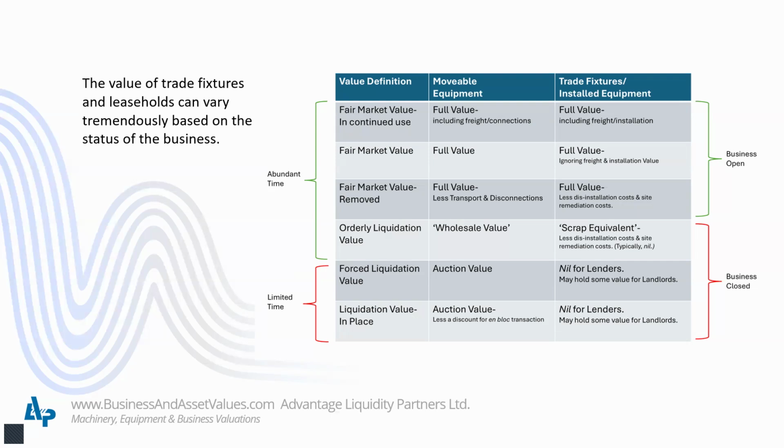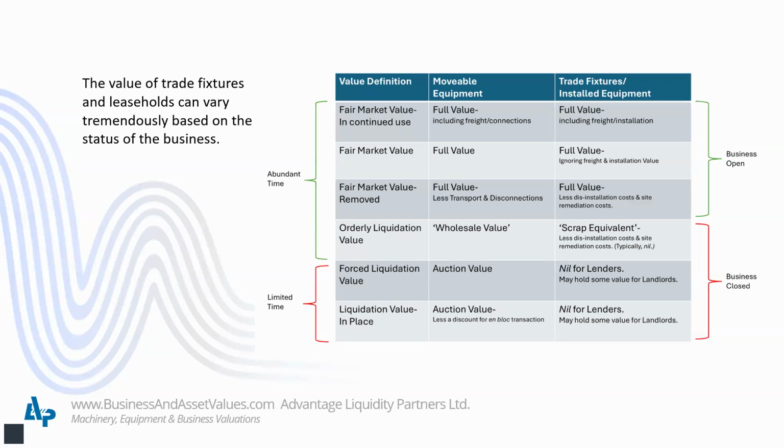So these would be the trade fixtures or installed equipment that we're talking about here in this video. You can see that if we have a business that is open and operating, under the assumption it is profitable, so if you think about the restaurant, I showed you the examples of the walk-in cooler, the vent hood over the cooking equipment. I mentioned elaborate decor items in the dining room, for example. All of these things are going to hold full value